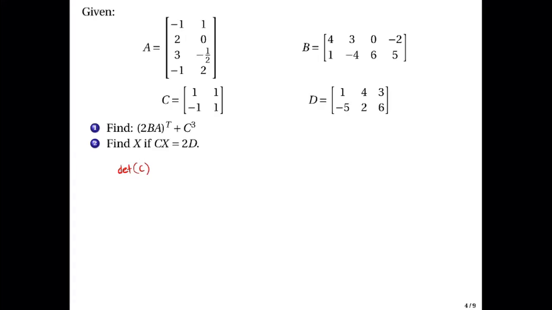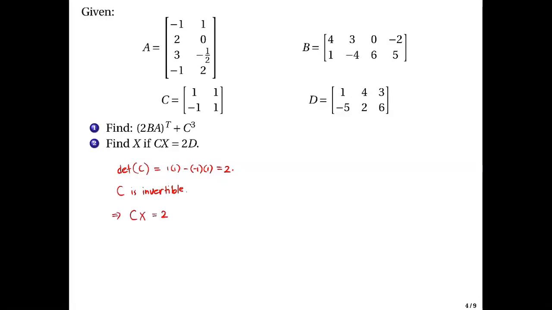Okay? So the determinant of C, this is just 2 by 2. This is just 1 times 1 in here minus negative 1 times 1. And this is equal to 2. Okay? That's equal to 2. Which means that C is invertible. C is invertible. Okay? Therefore,